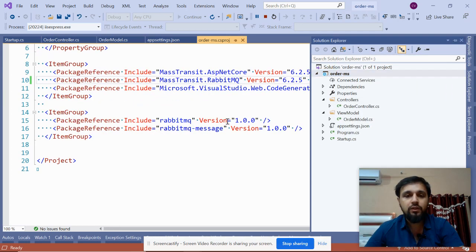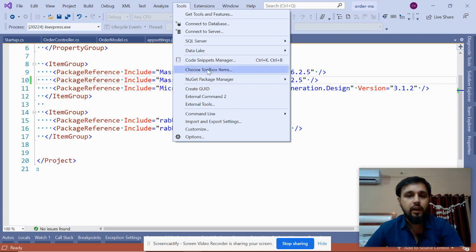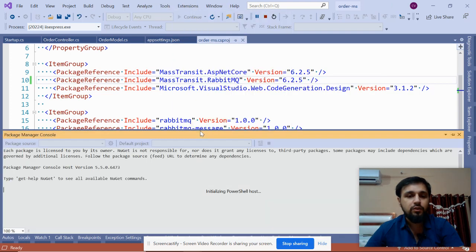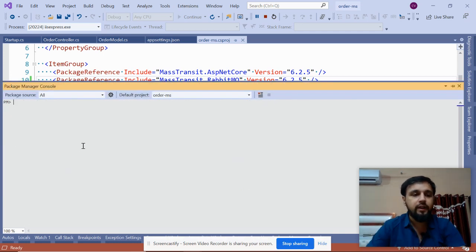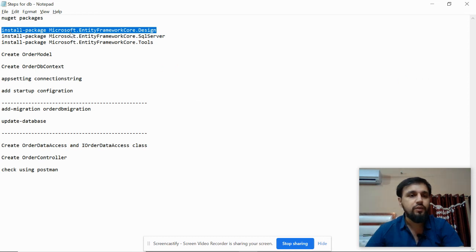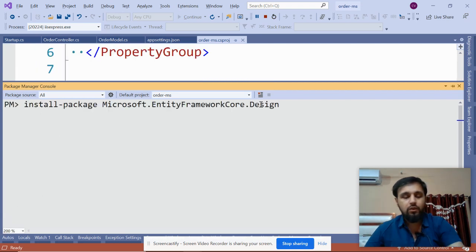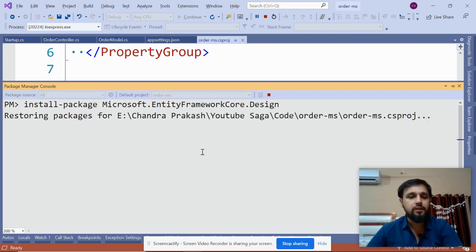First click on this; maybe you can do this with Tools, NuGet Package Manager, and Package Manager Console. I have opened the Package Manager Console so that I can install the packages. Maybe I can zoom this so it is visible to you. The first package to install is Microsoft.EntityFrameworkCore.Design.